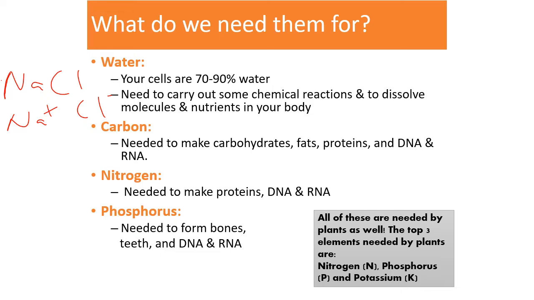Carbon, we need to make carbohydrates. Carbohydrates are your simple sugars. They are what's used for quick, fast energy. Fats are our long-term energy storage, so we hold on to those until we truly need them. We have two different types of fats that we use, which is our unsaturated fats and your saturated fats. Those are the two major ones. We have some smaller ones like omega-3s and omega-6s that we'll go over another time.